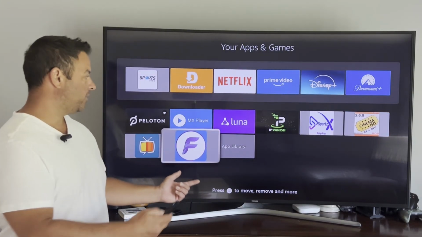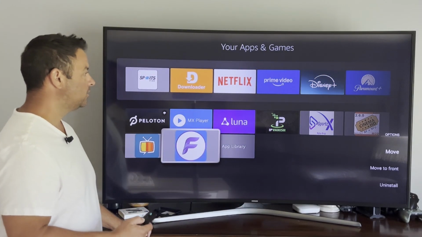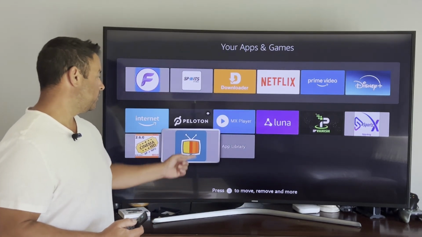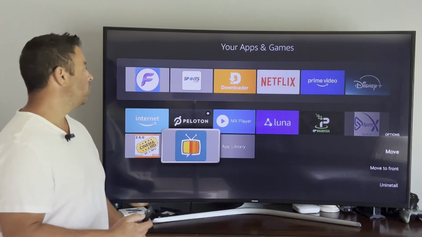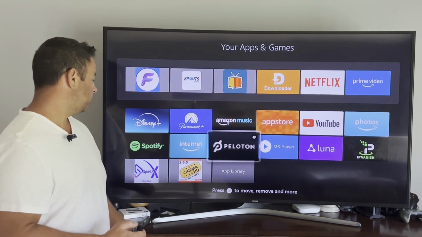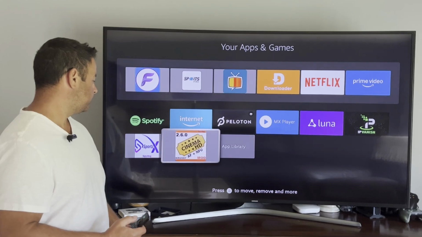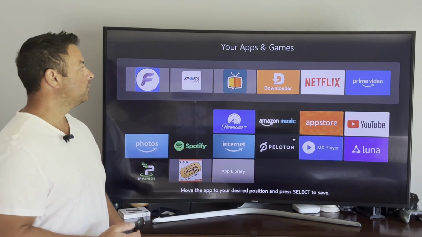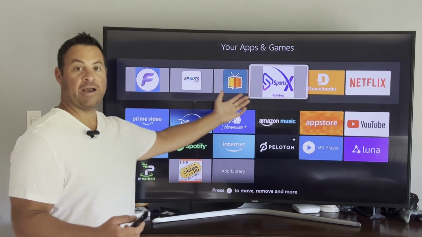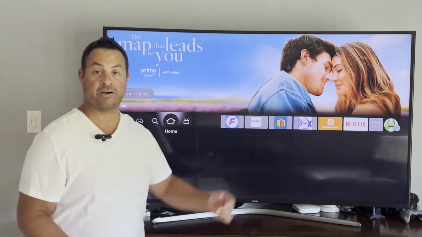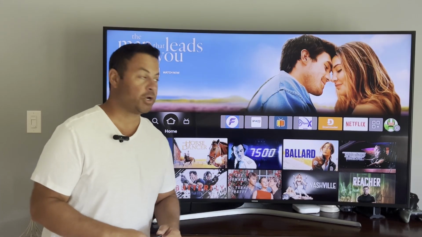Let's go maybe Flicks, move to the front. I'm going to do Stream, move it, right? Then we can do the same with Sports. Highlight it, move. Now we have all these applications on our Amazon Fire TV stick up front and center, so that for your enjoyment,